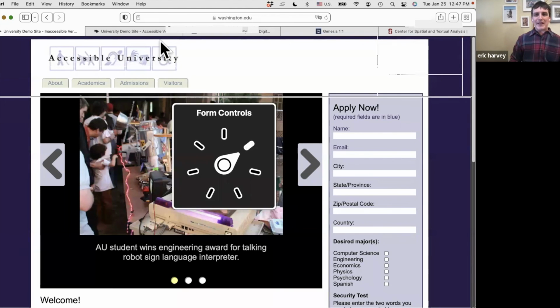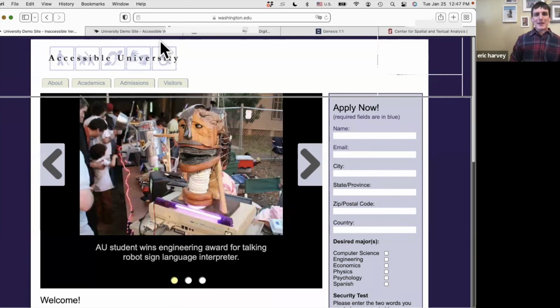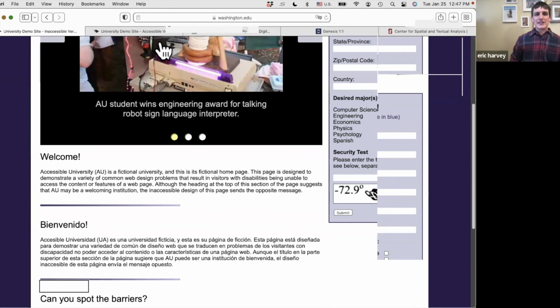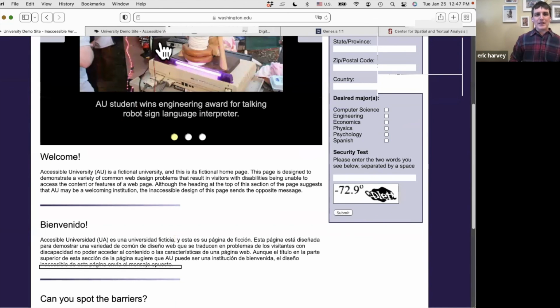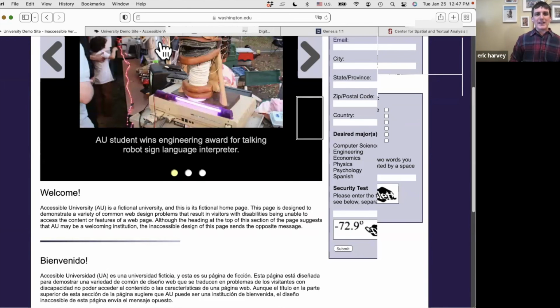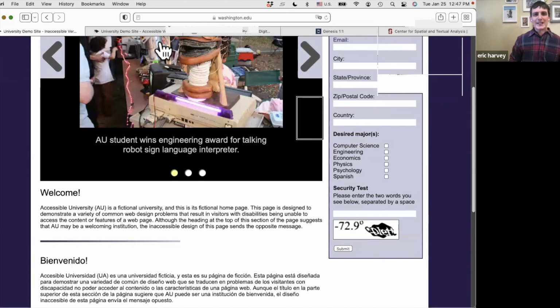I can't even navigate by headings because there are no headings on this page. I can still navigate left and right to different portions of the web page, but you can see the image there is simply labeled with the file name, arrow right dot PNG, which is not good alt text.